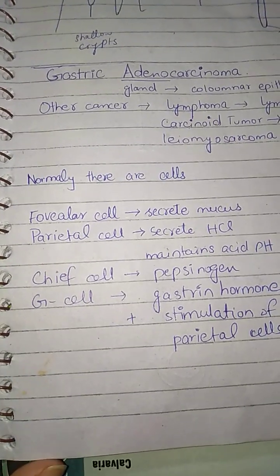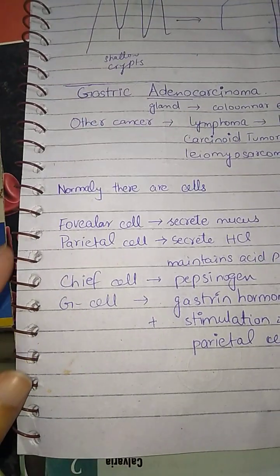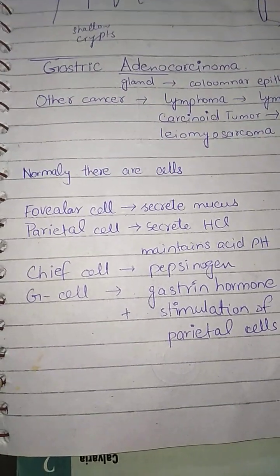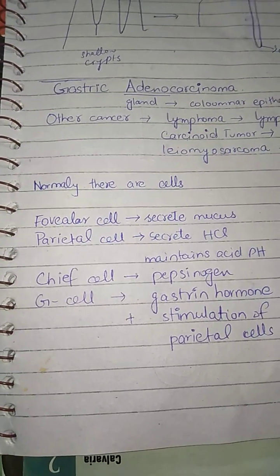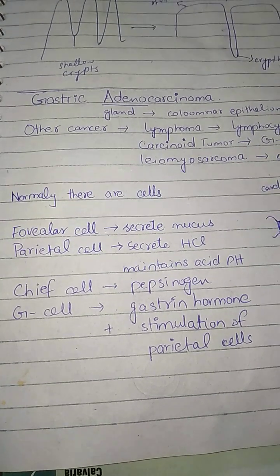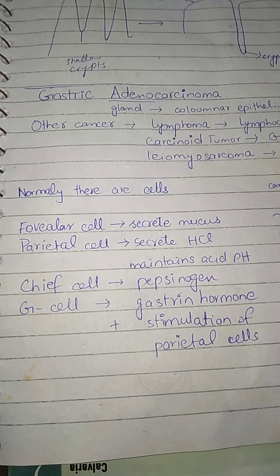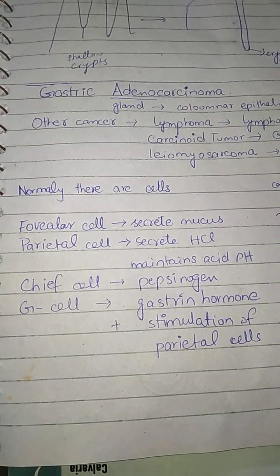The cells that are lining the epithelium are foveolar cells that secrete the mucus, which is the protective layer against all the acidity and all the content bolus containing food. In this way the stomach is protected by this